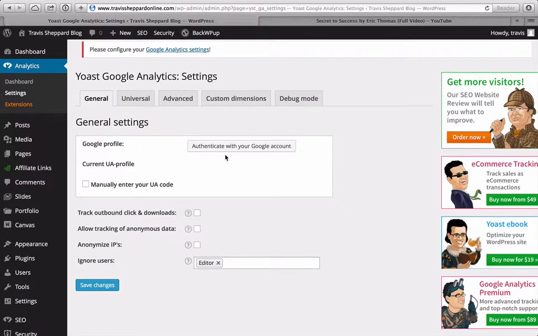And so generally, if you don't have a Google Analytics account, again, it is free. Just Google Analytics and you'll be able to create an account. You'd click on authenticate with your Google account, and you can have these things tracked if you like. I leave them blank, and then once you have it here, it's going to show up, and you click Save